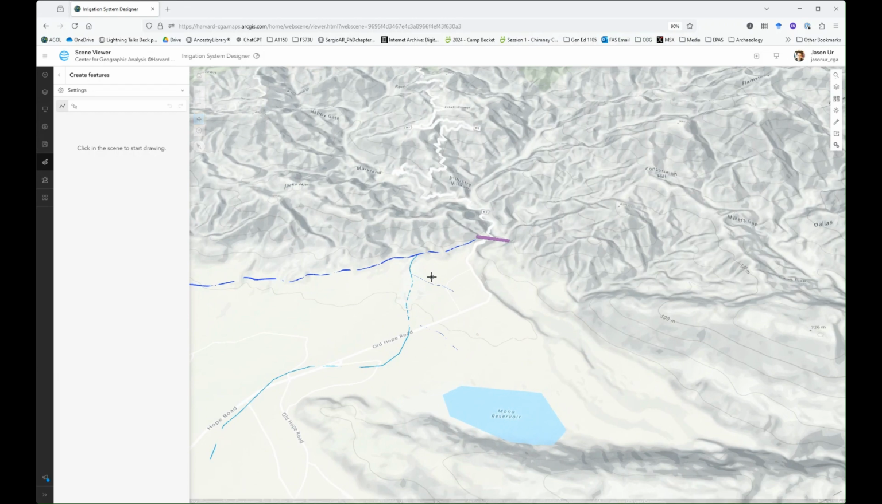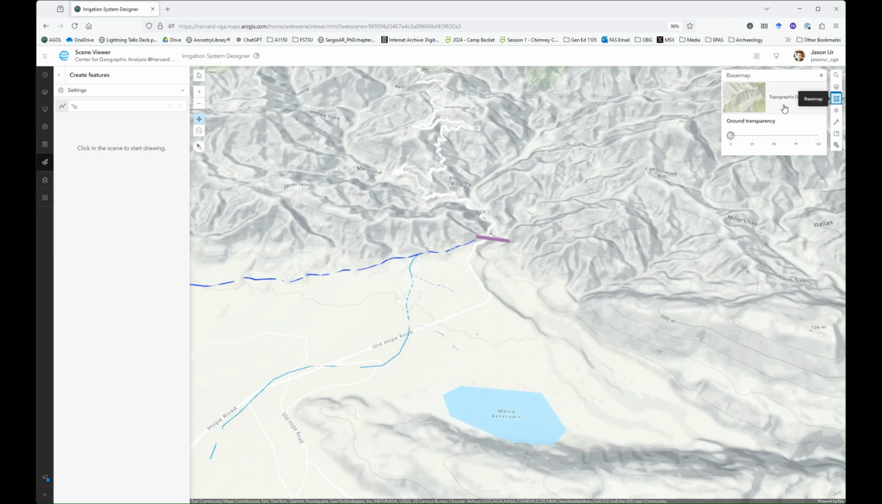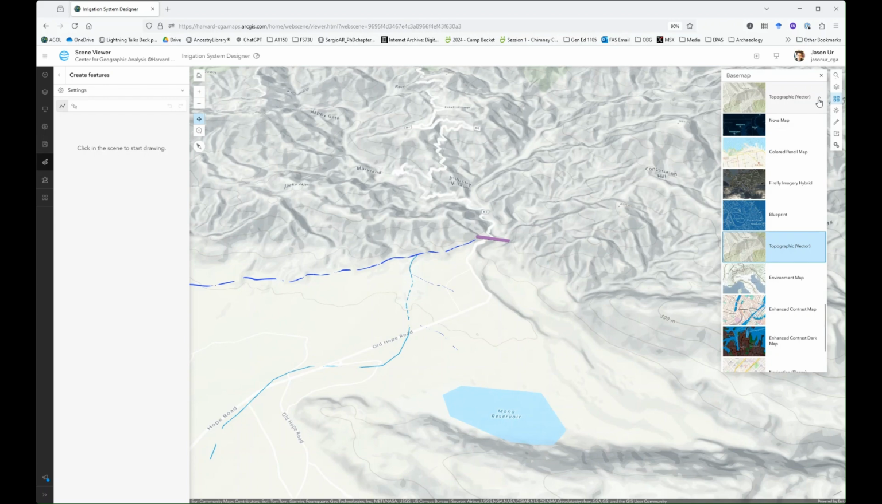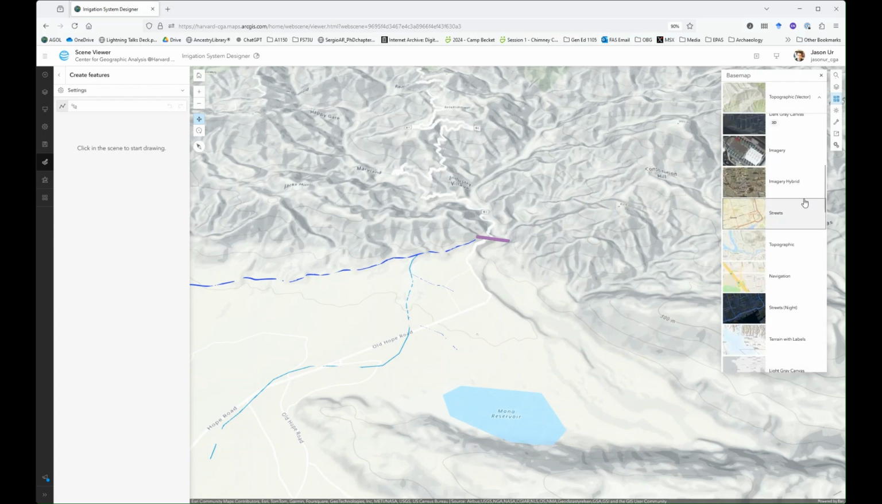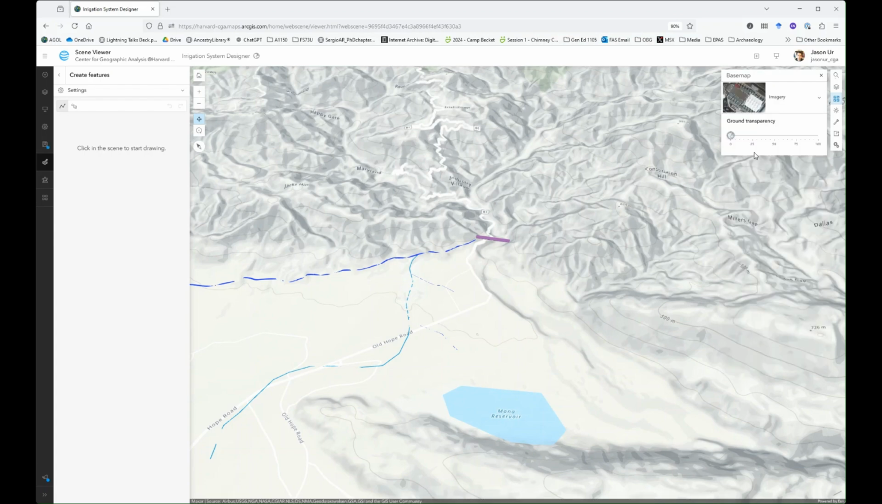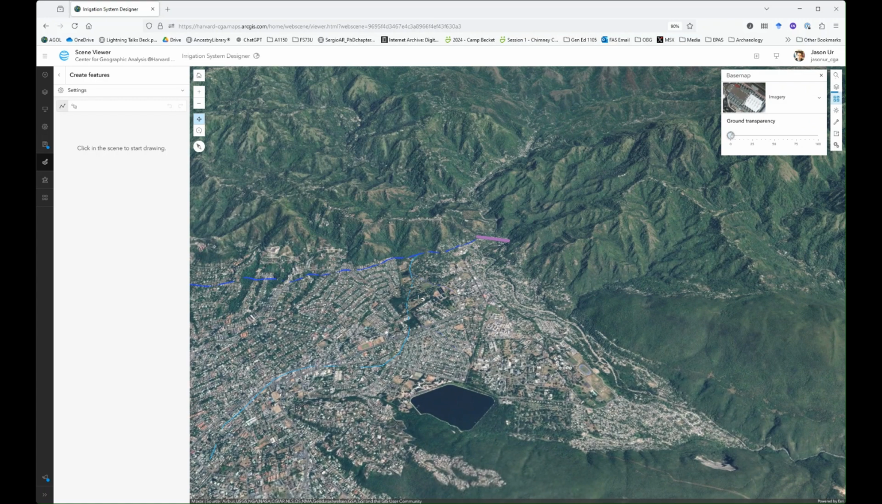Now, I'm using right now the base map called topographic vector. That's showing you the contour lines, which are very important. But you might want to look at the terrain itself. So you can change that by going to the upper right corner, the base map, and clicking that drop down, and you have a whole bunch of options here. You might choose the imagery one. And then what you're going to realize is, in the case